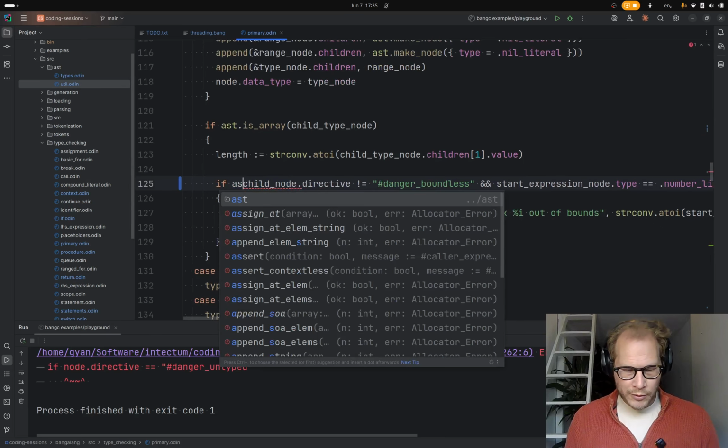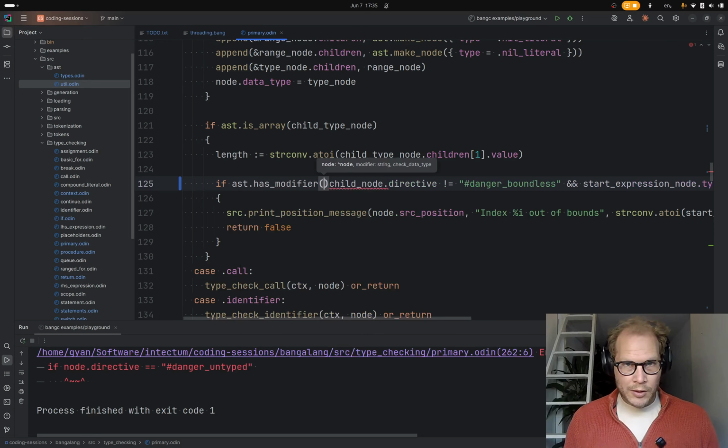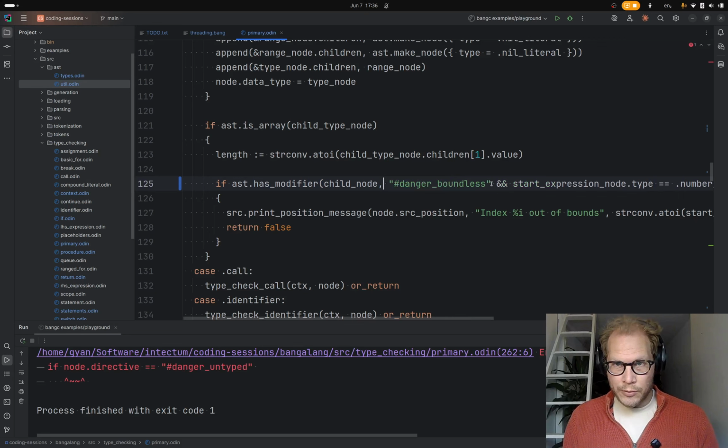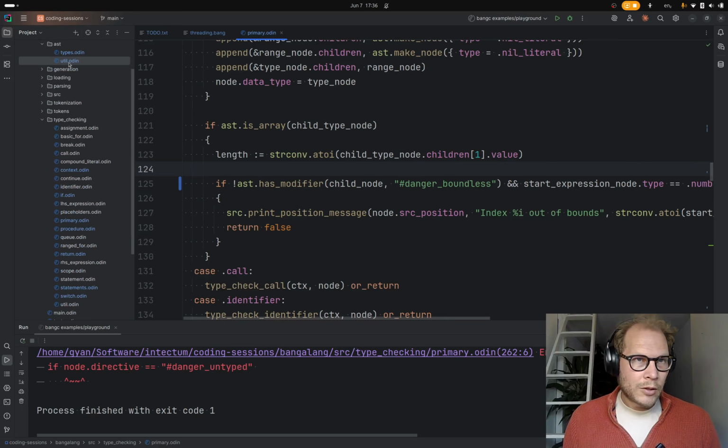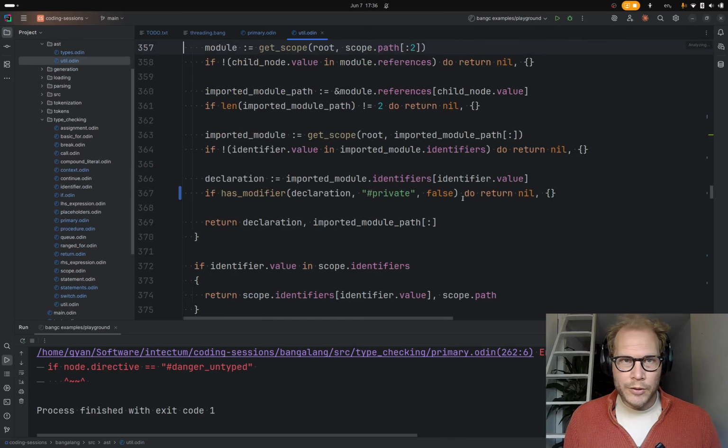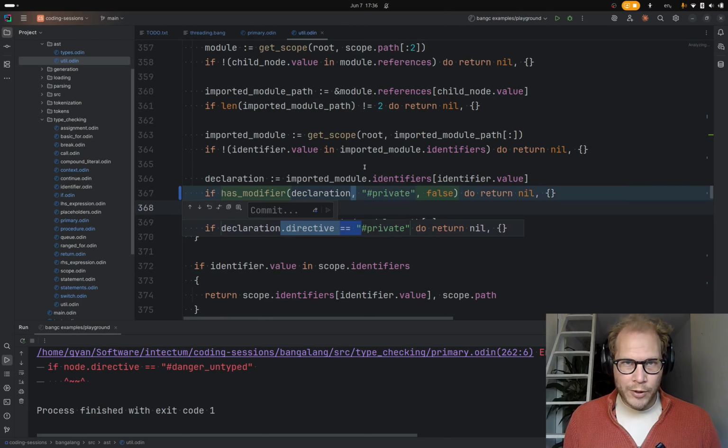So we child node and we go ast dot has modifier. Oh, this is not equals. Need to be careful that I don't screw these up. That was not equals. And the util file, where did we do it? Here. Yeah, this is looking for where we do have private. Yeah, okay.